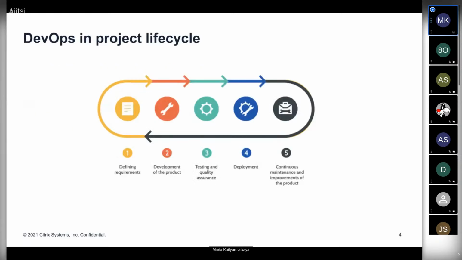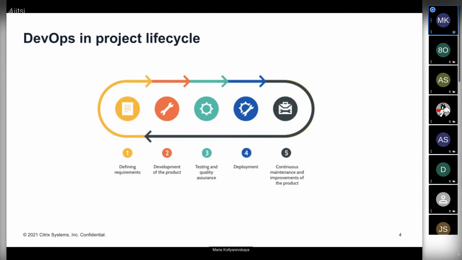So let's start with the DevOps role in a project lifecycle. Basically, as a DevOps engineer, you can join the project at any stage. It will be the perfect case when you can join at the early stage. Then you can impact the process. You can help with CI/CD pipelines and so on. But usually, our help is required only at the deployment or maintenance step.